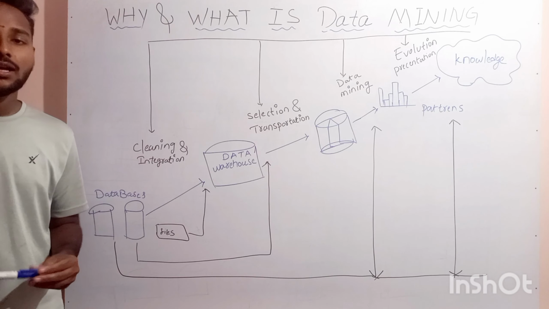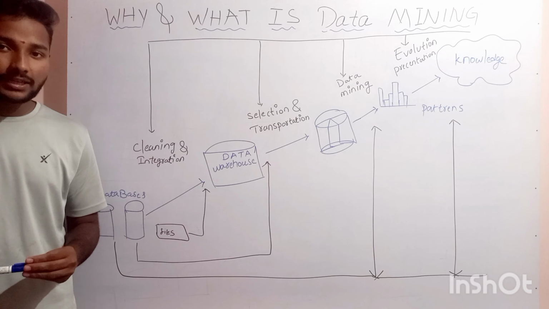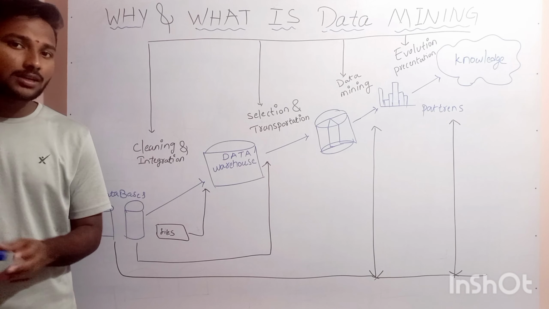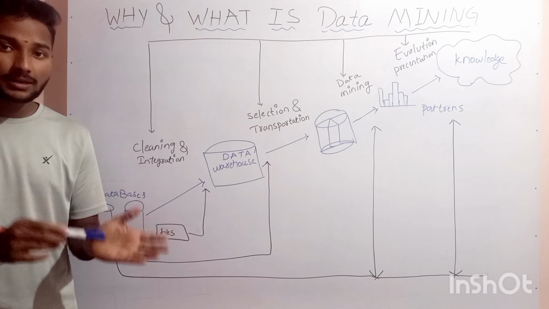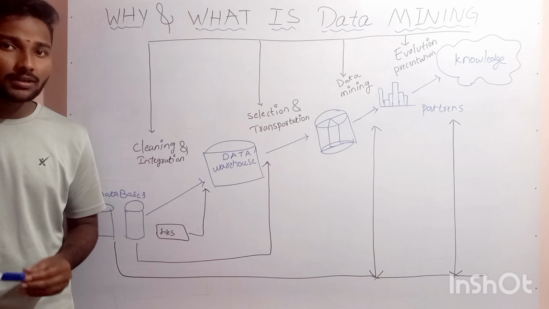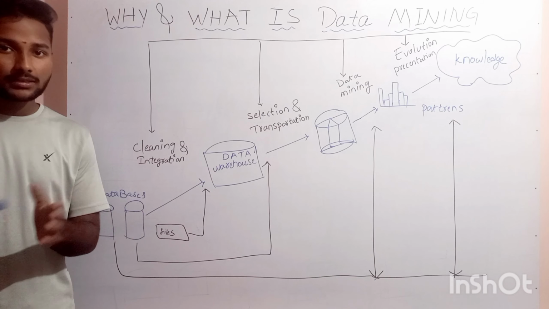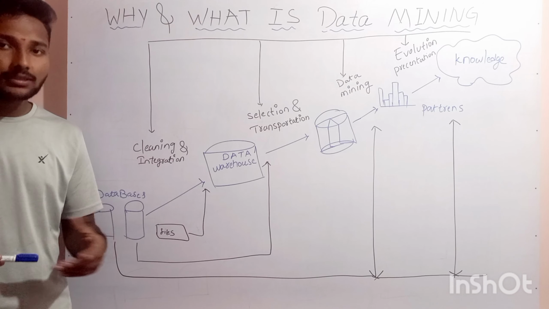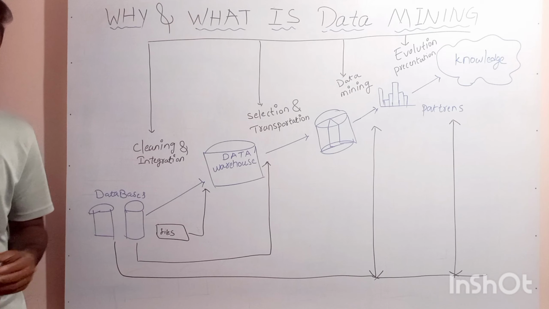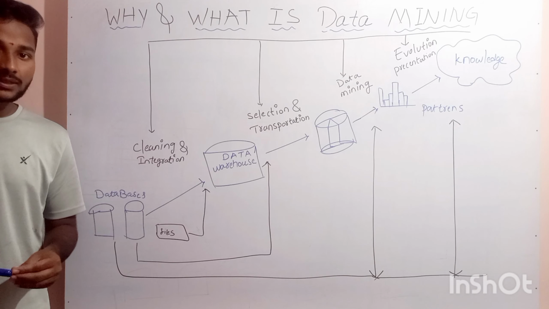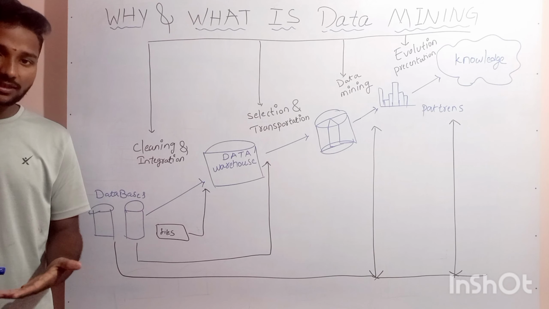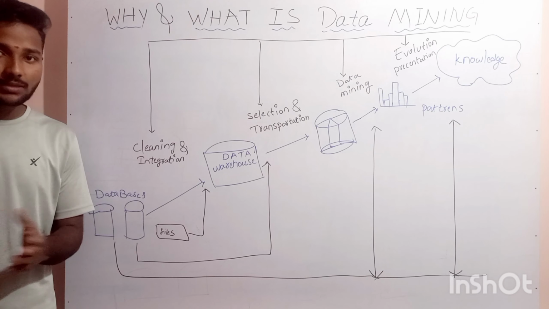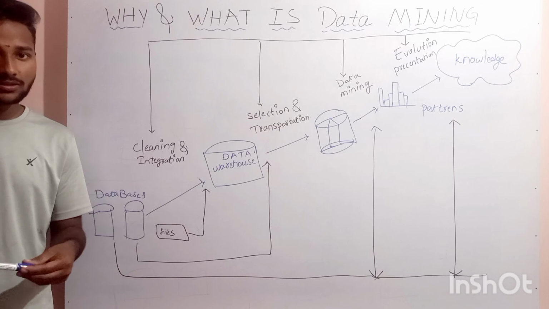collection of data. For example, in every cricket match, the data is collected: how many times India versus Australia matches were played, how many times India won, how many times Australia won, how much score was scored by some players. This data is collected and used for further purposes. Whenever the next India versus Australia match is played, they recollect this previous data and can predict future decisions, such as which team can win based on these conditions.